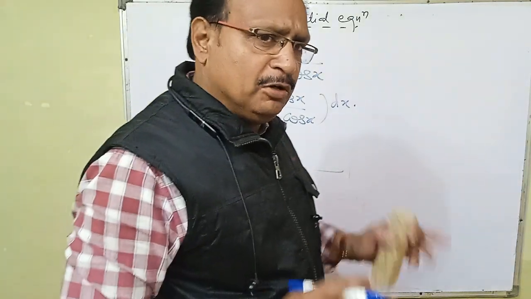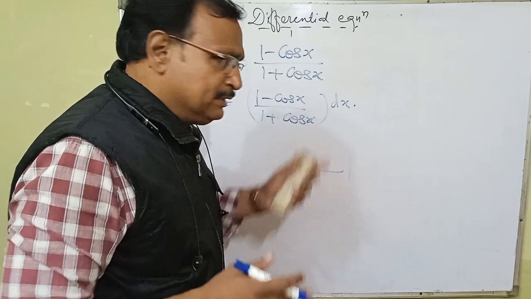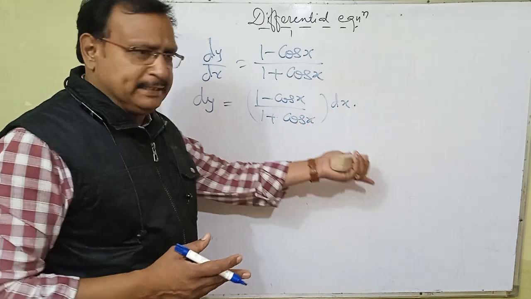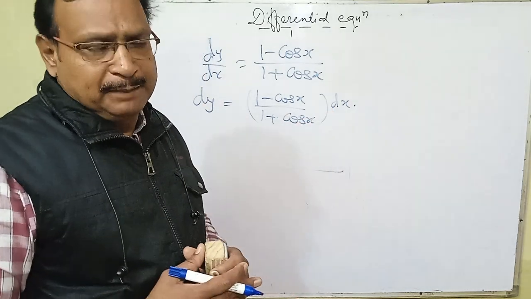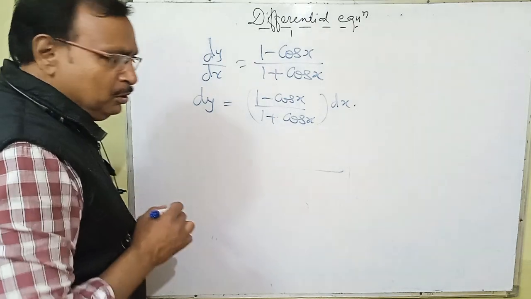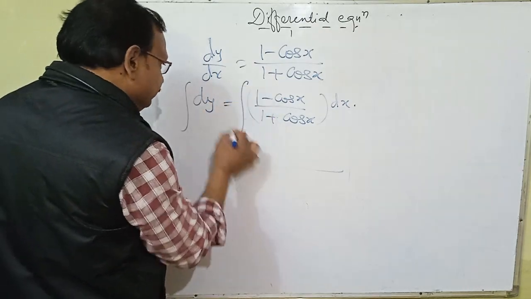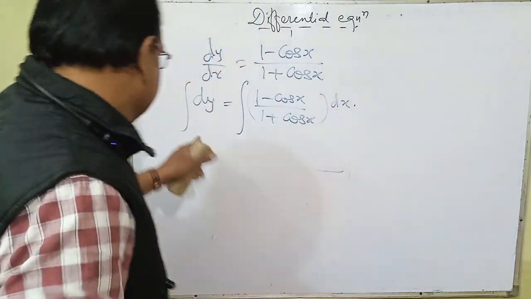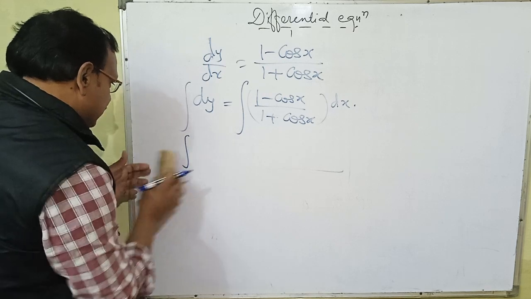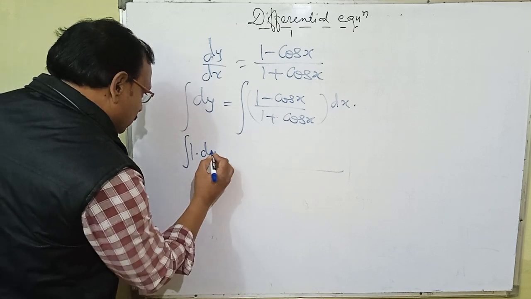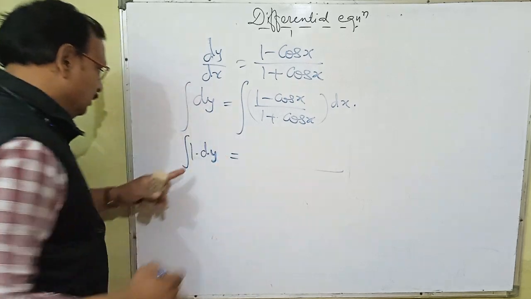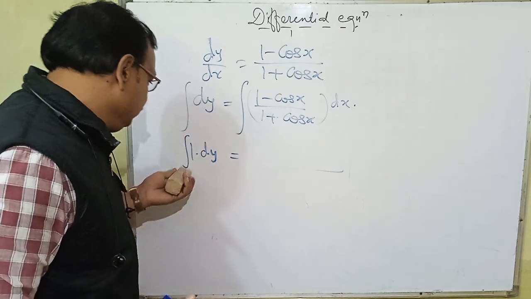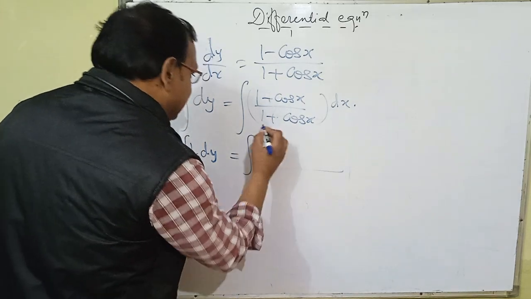Very easy. Firstly, we have separated the variables of the differential equation: (1 minus cos x) upon (1 plus cos x) dx on the right hand side and dy on our left hand side. According to the working rule, we have to integrate both the sides. Integral dy is equal to integral (1 minus cos x) upon (1 plus cos x) dx. We can write the left hand side as integral 1 dy is equal to integral (1 minus